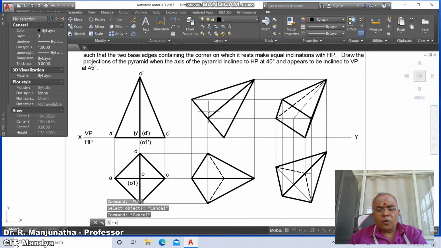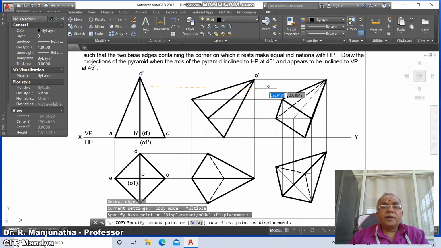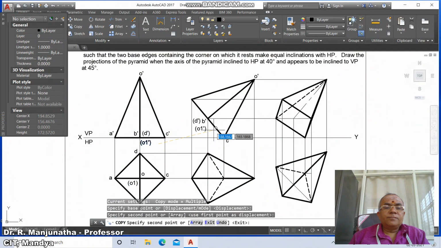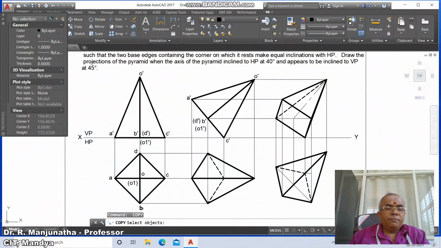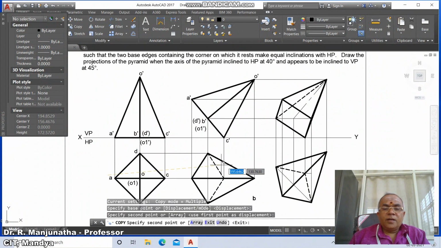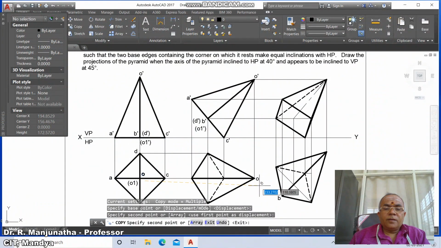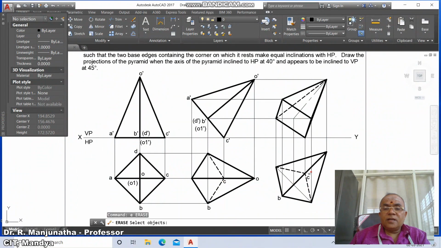Then I go to copy, select O dash and copy it here, then go to C dash and you copy it here, then you go to B dash and you copy it here, then D dash, you copy this here, similarly it is O1 dash, you copy it here, then go to A dash, you copy this here, then copy B, copy this B here, and that B will come here, then here it is O, you take O here, then C, you copy the C here, and that C will come here, then go to erase this line, then